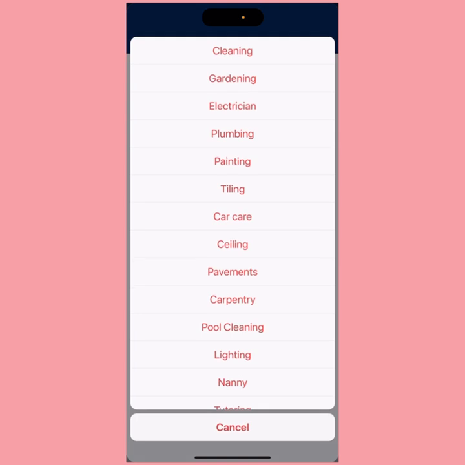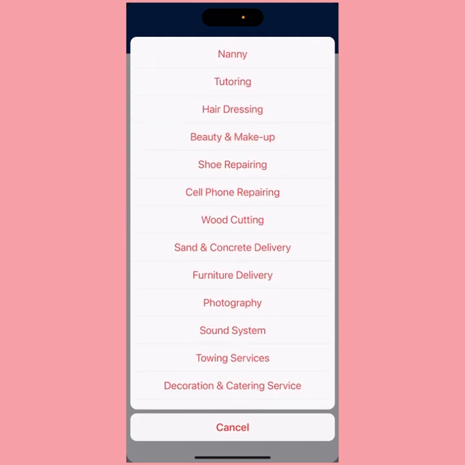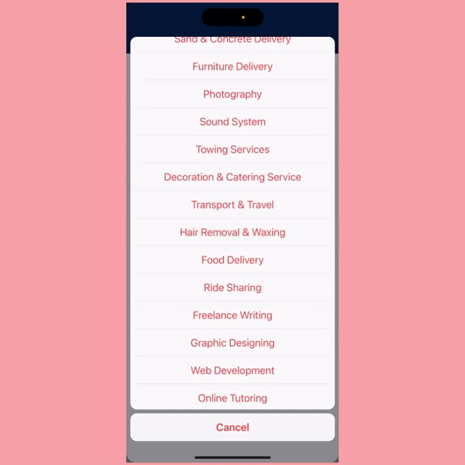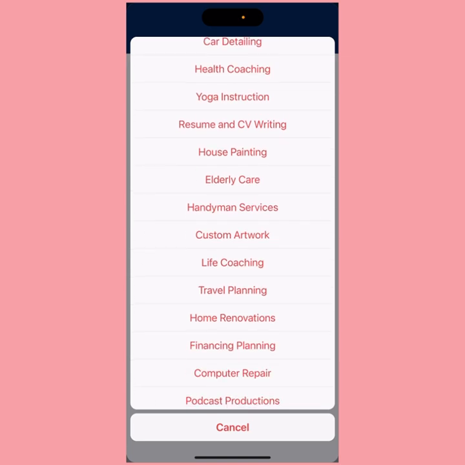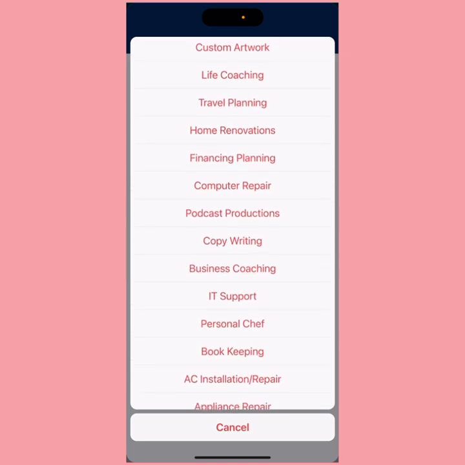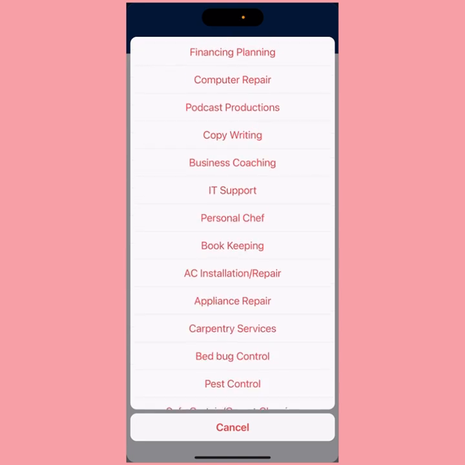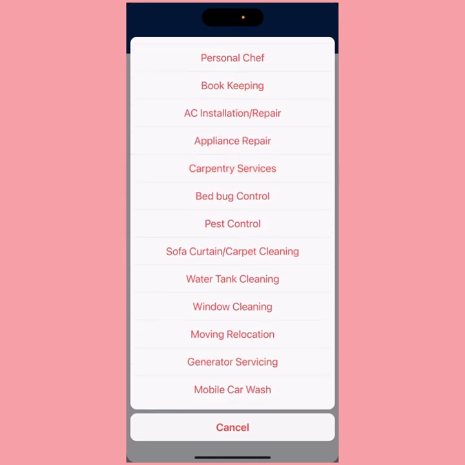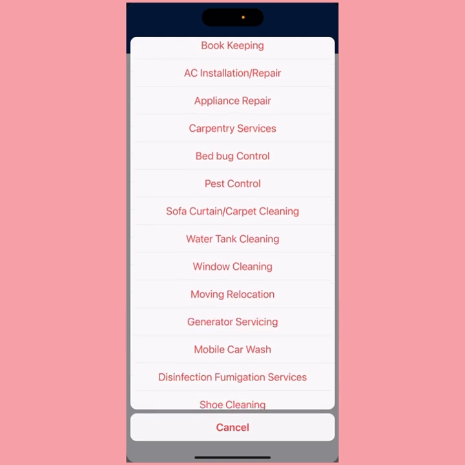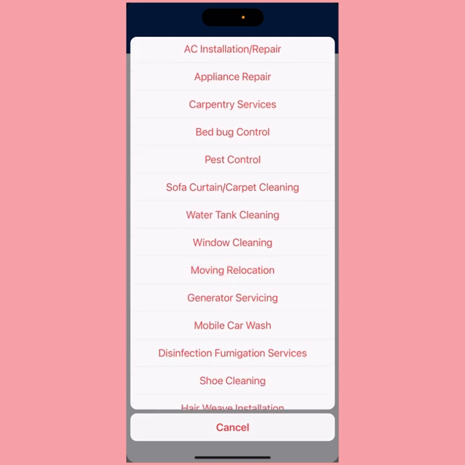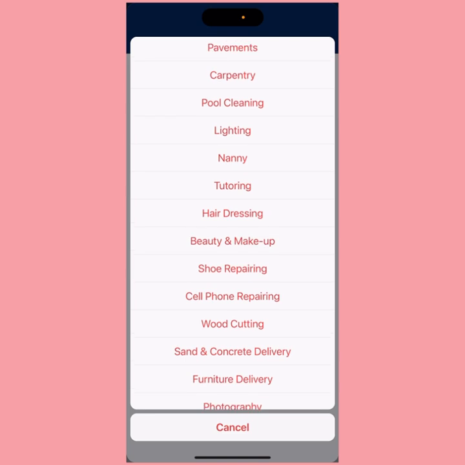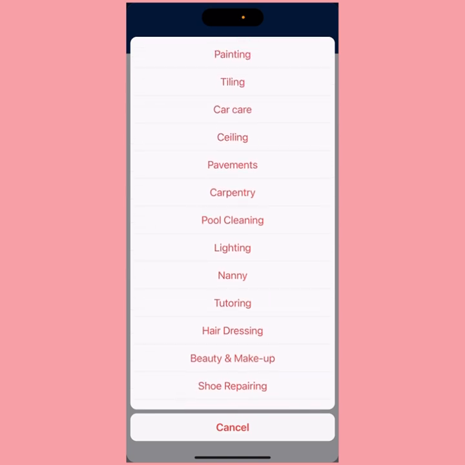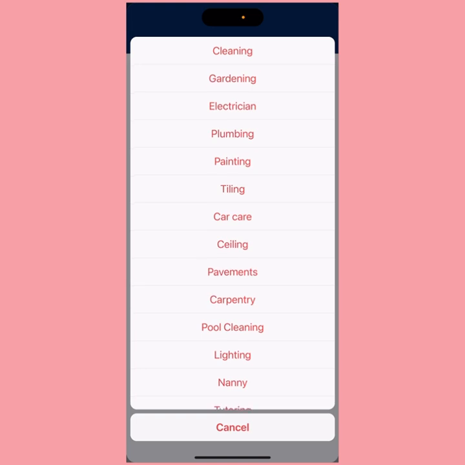Then choose the name of your service. There's a lot of services here: photography, lighting, ride sharing, food delivery, music lessons, yoga, life coaching, home renovations, computer repair, bookkeeping, appliance repair, installation or repair of air conditioning, whatever you can think of. So choose the service that you're providing or that you're good at. For these purposes, I'll just choose